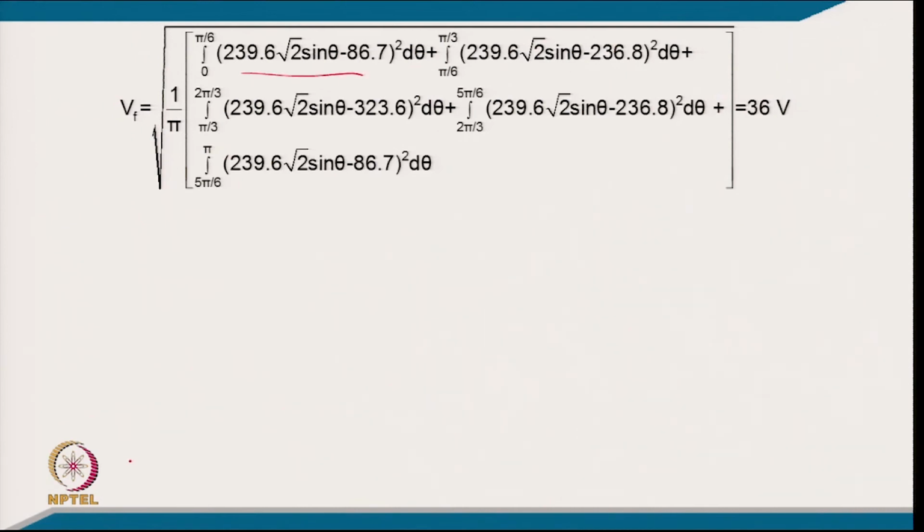The first segment is a sine wave minus the reflected voltage from the diode rectifier input, then the second segment, again a sine wave, then the third segment, the fourth segment, or the fifth segment. So there are typically five segments, and from this we are calculating this voltage, which comes to 36 volt,